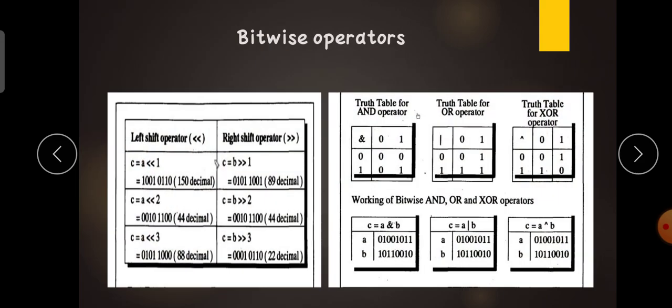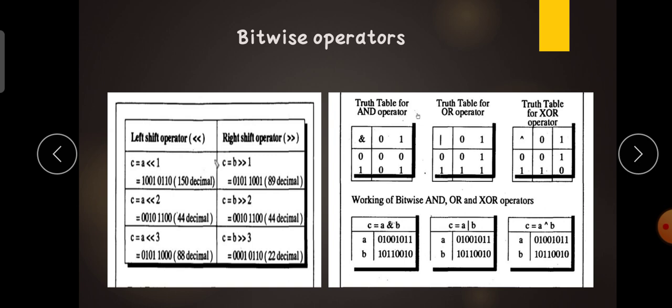Next is bitwise operators. These are the bitwise operators, left shift and right shift. The 1, 2 and 3 are how many bits they shift. The left shift operator with one means shifting left by 1 bit in the binary number.